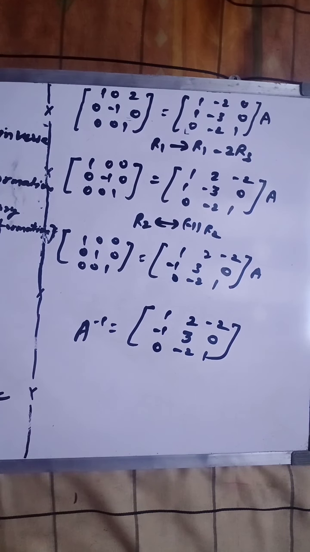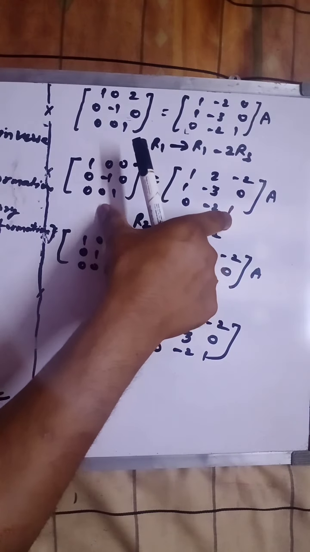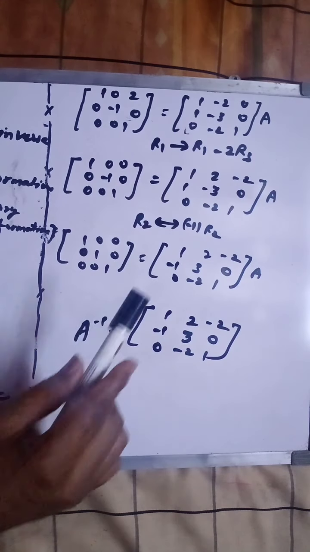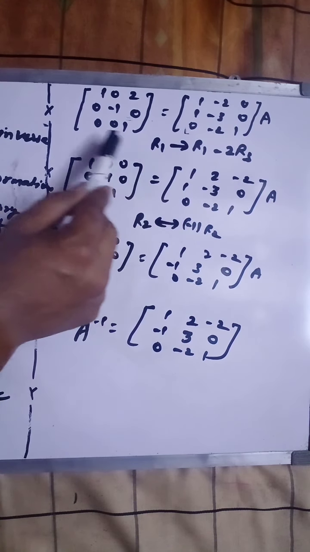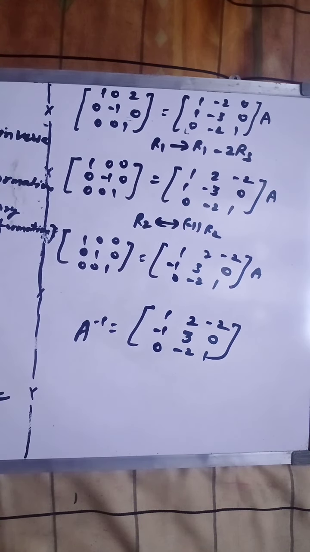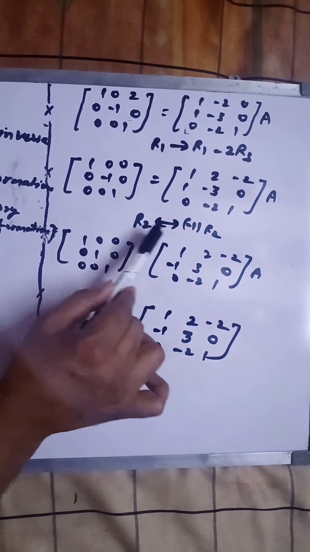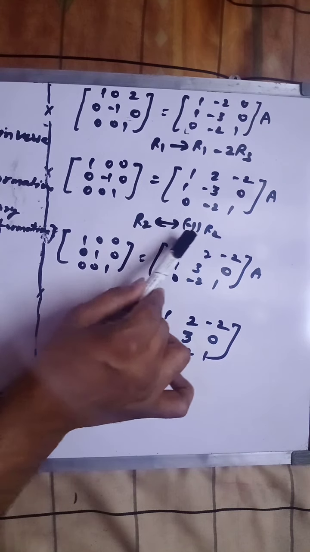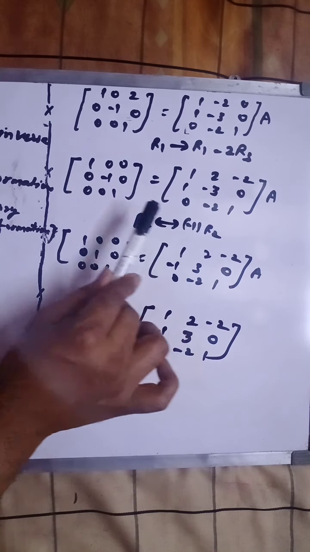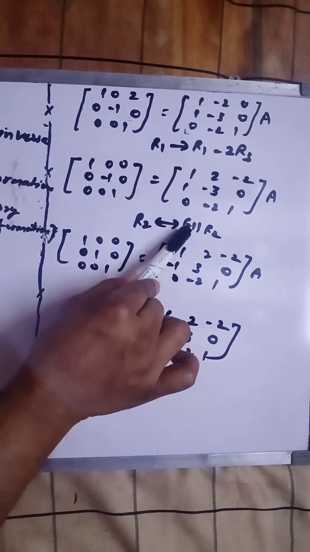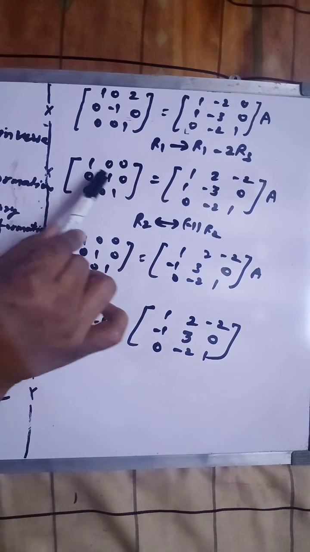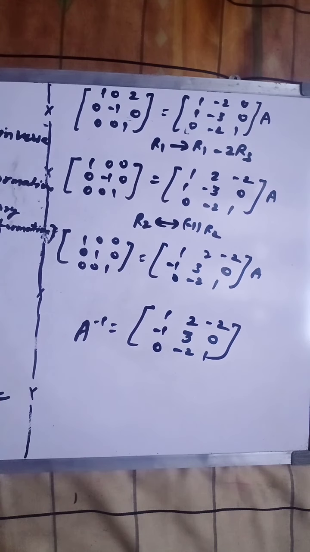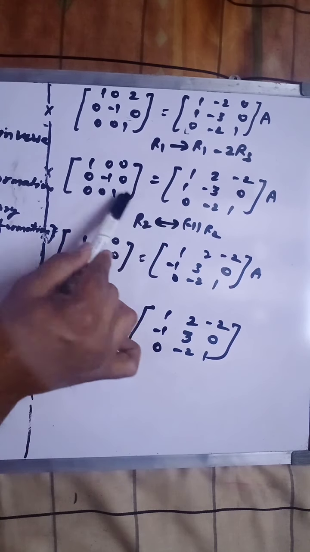Fine. Now, when you get this term, I can see that this minus is creating a problem. This would be the identity matrix, but this minus is creating a problem. So what I'm doing, I'm recalling the property, that is property number 2. Here I can multiply any row with any number. So I'm multiplying the row R2 by minus 1. When we multiply this whole row by minus 1, this would be 0, this would be plus 1, this would be 0. This is what we need. Fine. So we have to apply this operation here.